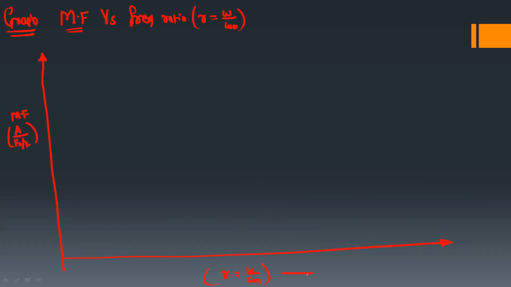Okay. So all these values are nothing but the frequency ratios. The graph will start from this 0, which is the origin. Then we will take the frequency ratio 1, 2, 3, and so on. After 3, this is called the higher frequency zone. Okay. On this y-axis, we will select the various values of the magnification factor. Okay.